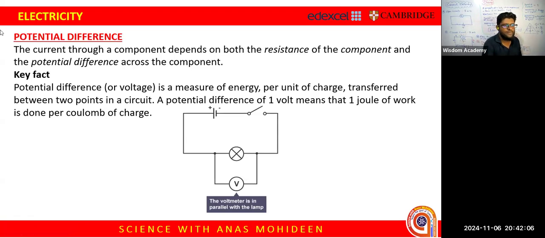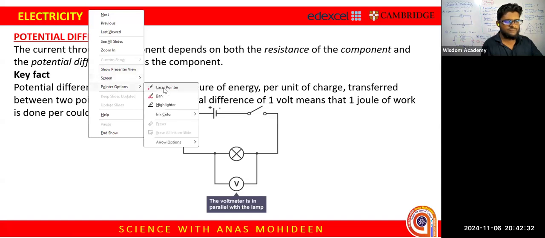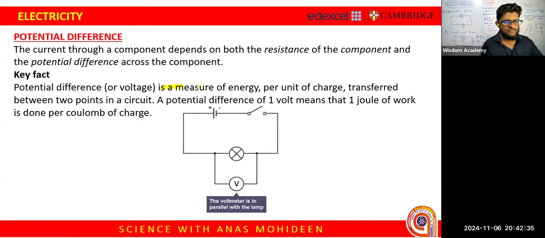Potential difference is a measure of energy per unit charge